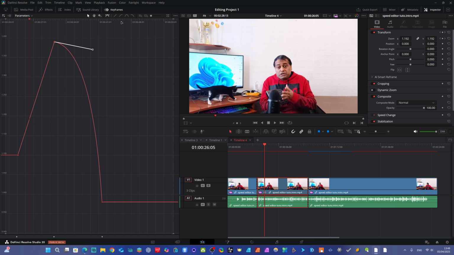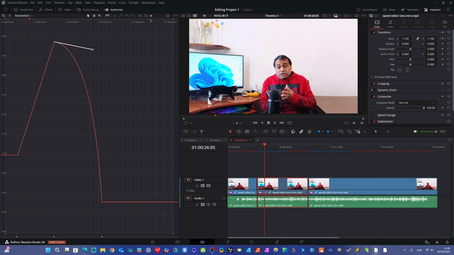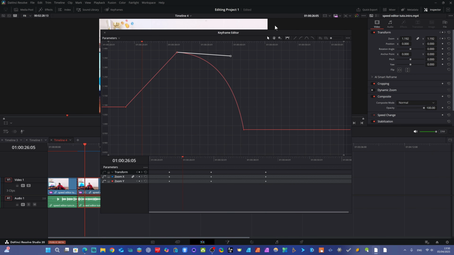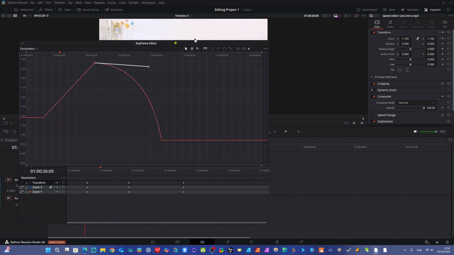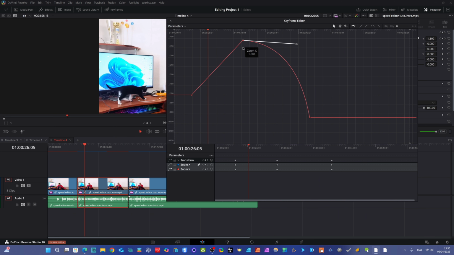It's really a big game-changing feature now available in the DaVinci Resolve 20 update. And when you come here, you can see parameters. All parameters are here. This is a curve, you can see all parameters, and when you click here, you see it will open a separate window for this keyframing. Actually, we now have a separate window here, and we can control all the keyframings from here.